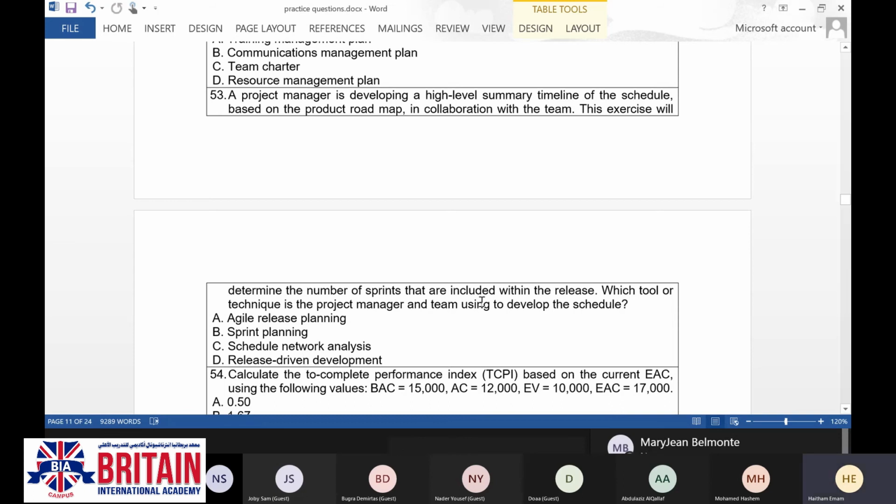But as long as the question asks which tool or technique the project manager is going to use to develop this schedule, we are talking about agile release planning.